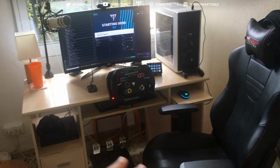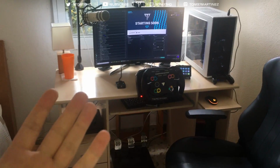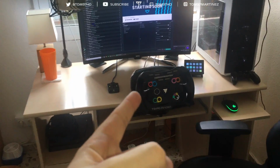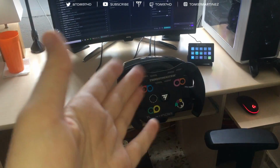But in terms of the setup, there's the new beast. We'll be talking about that in a minute. But let's talk about a few things first. So first of all, the wheel. Thrustmaster TSPC Racer with the T3PA pedals. I've had this since